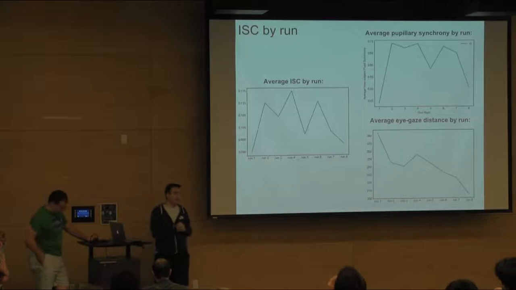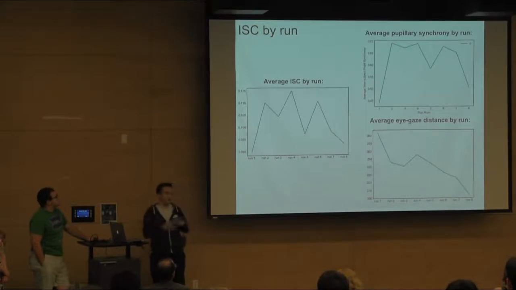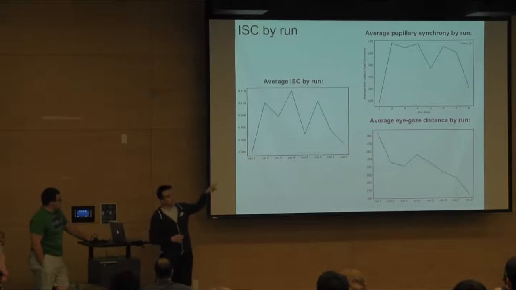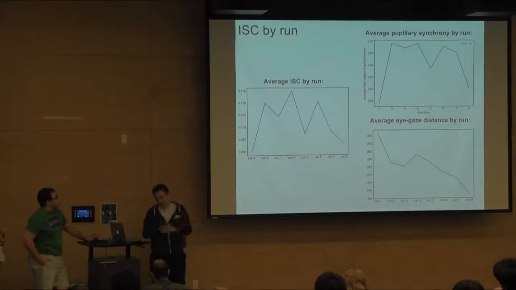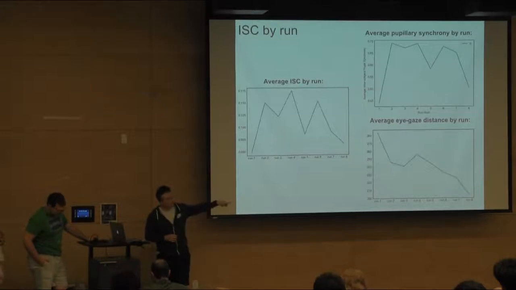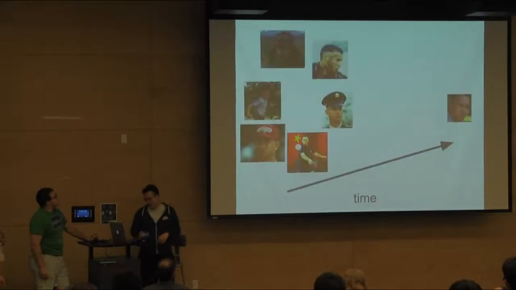And we also tried to see if we can see this kind of pattern in the eye tracking data. At the top here is similarities in pupillometry, or pupillary responses, a measure of arousal. And you can see that it's very similar to the ISC, the brain representation similarity over time, but still it doesn't have that kind of increasing trend. The only thing that does have a trend is eye tracking distance. This is a distance measure that gets smaller over time, suggesting that as time progresses, people are looking at more similar locations over the movie. So in conclusion,